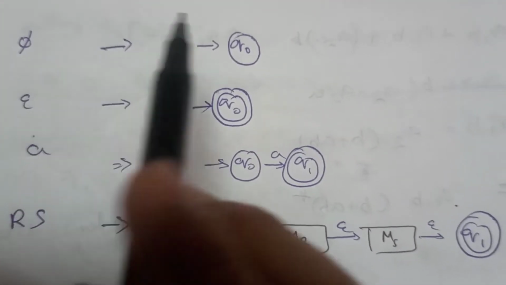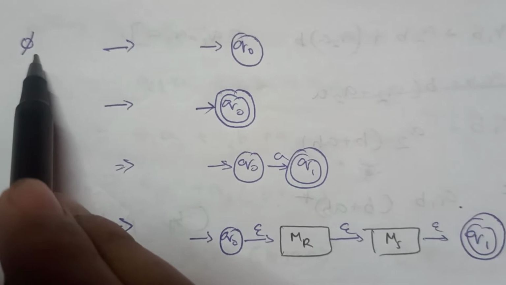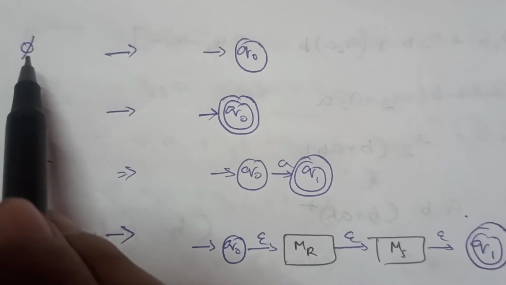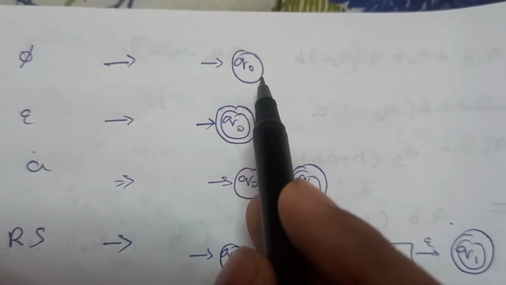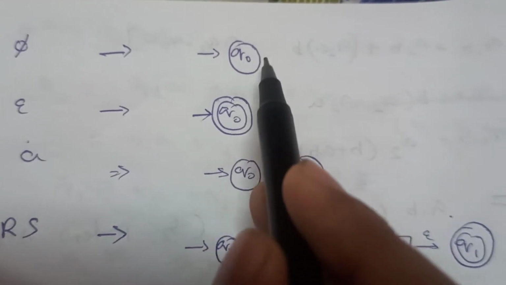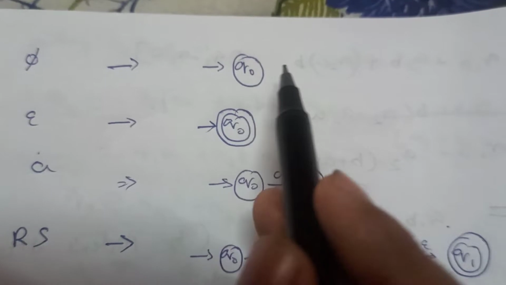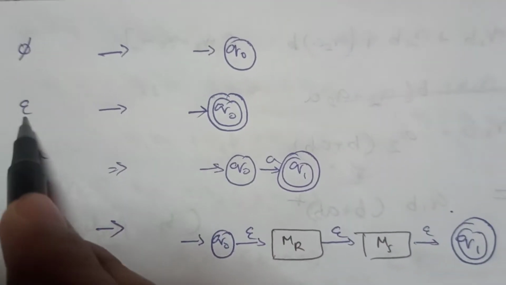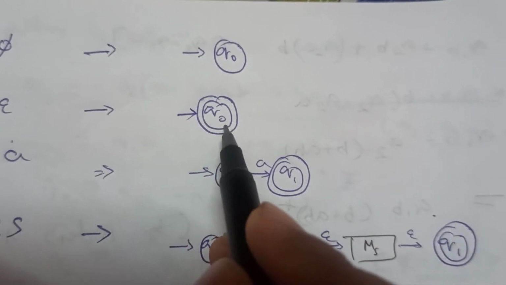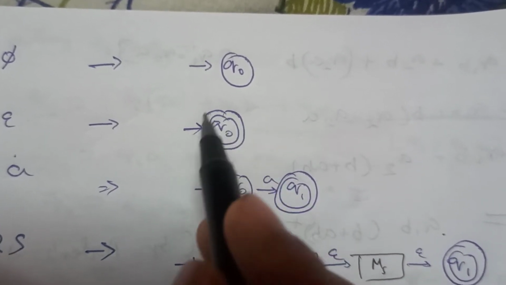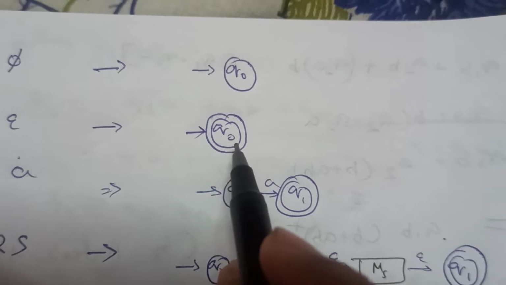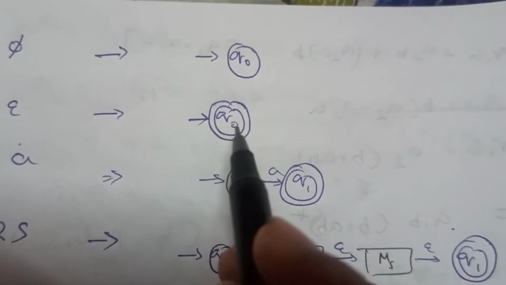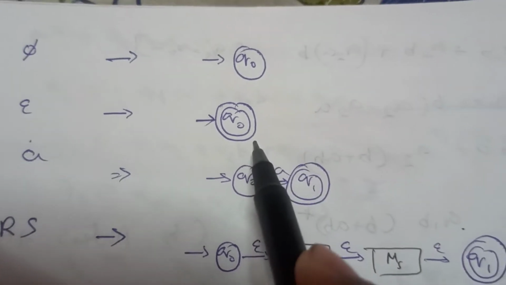large regular expressions. So this means there is absolutely nothing in our accepted string. No matter whatever string we give here, it will not ever be accepted because there is no accepting state. So there will be nothing in our regular expression. This is null, and this is the automata for it. So this is the initial state and the final state is the same, and there is only one state. So without even accepting any input symbol, it will already be in the final state.